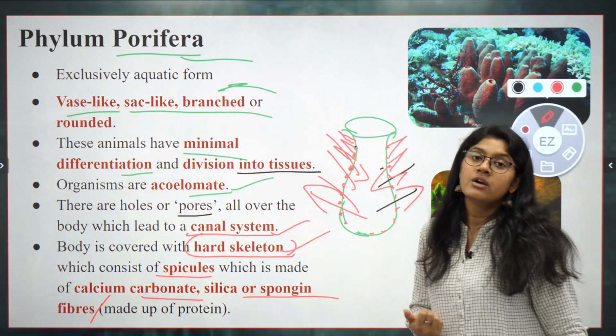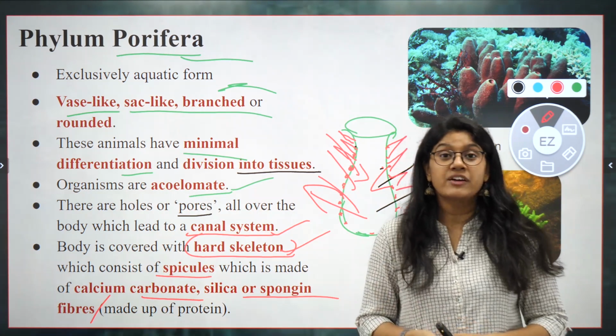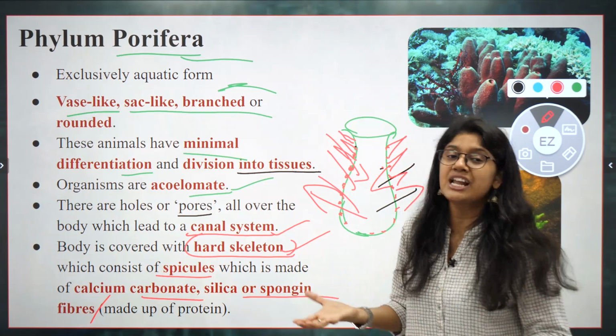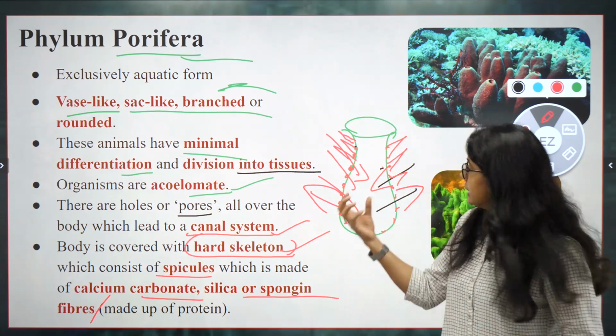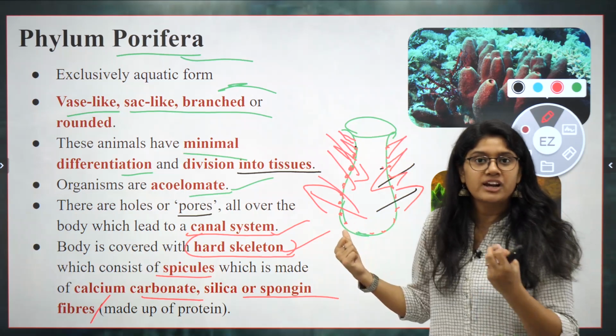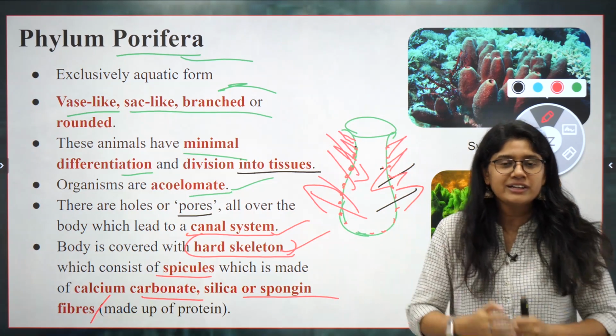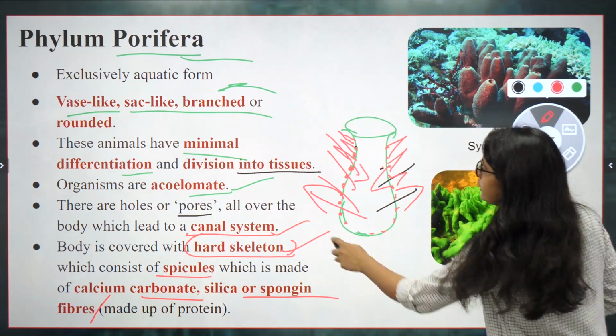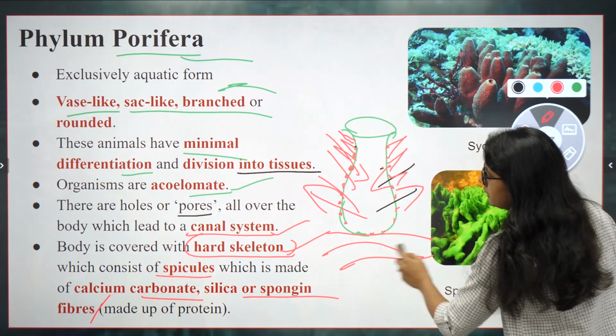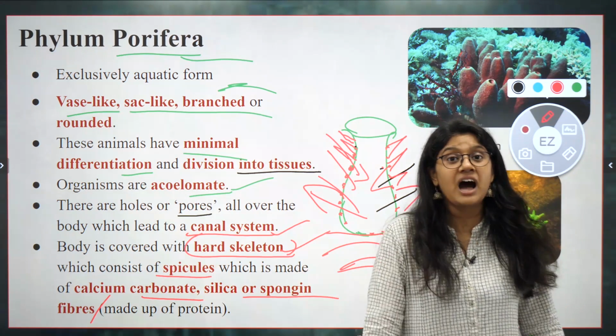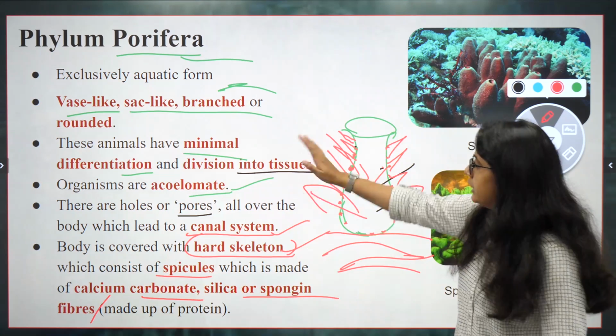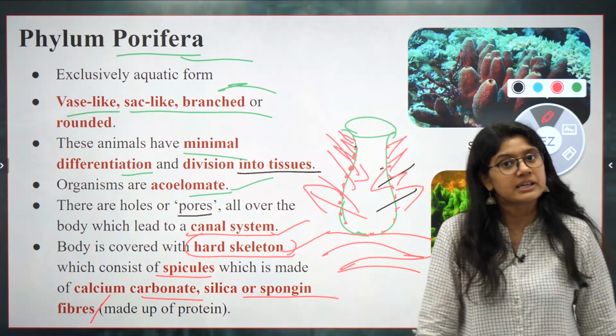Calcium carbonate, we have seen the shell. We have seen the coral reef. They are all made up of calcium carbonate compositions. So yes, they all are made up of calcium carbonate. They are very stiff in nature. They are usually found at the base of the ocean. Clear? And of course, they have a very hard skeleton. So these are again important things of it.